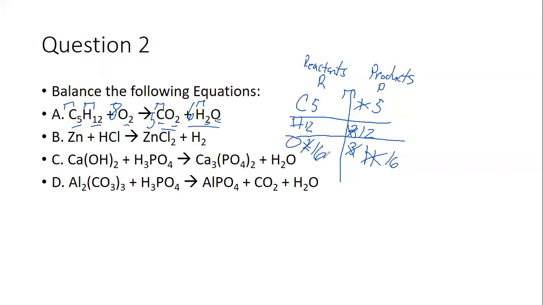You set up a table like that, and you just see the number of atoms on the left and right. And your whole goal is to try and make that ledger balanced. So looking at that example problem,